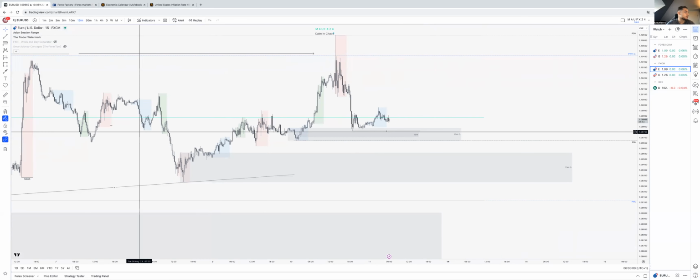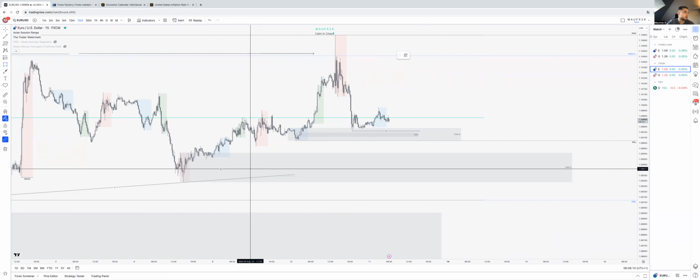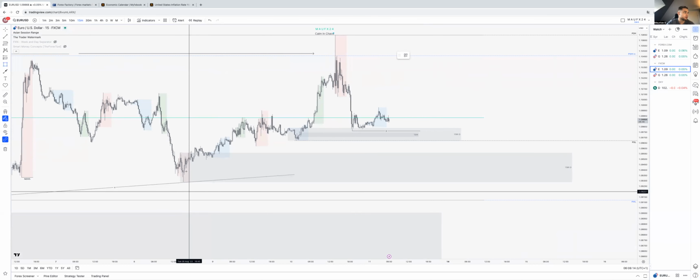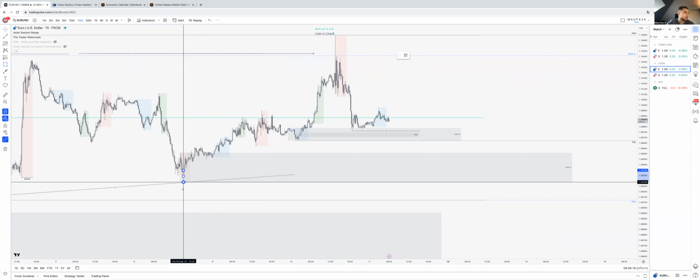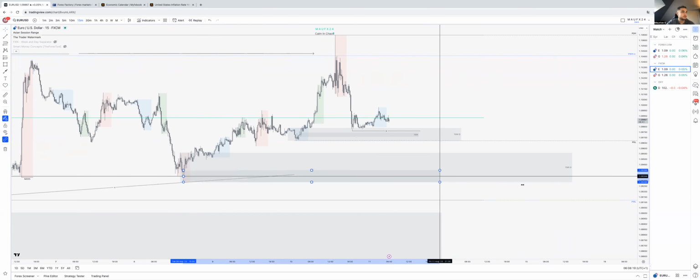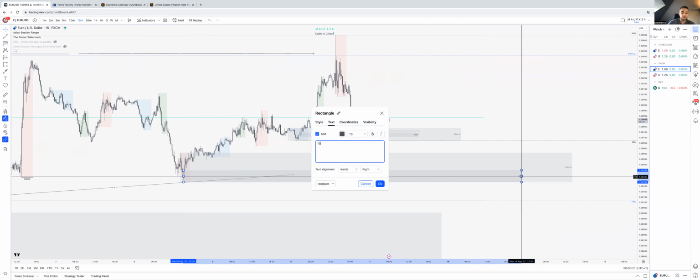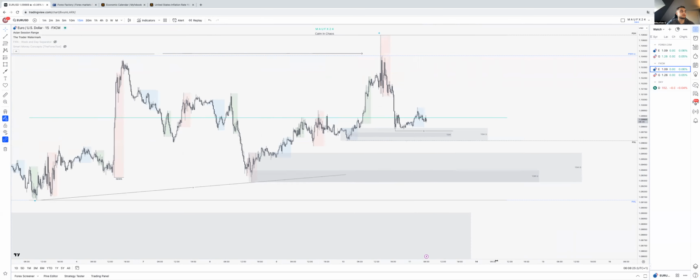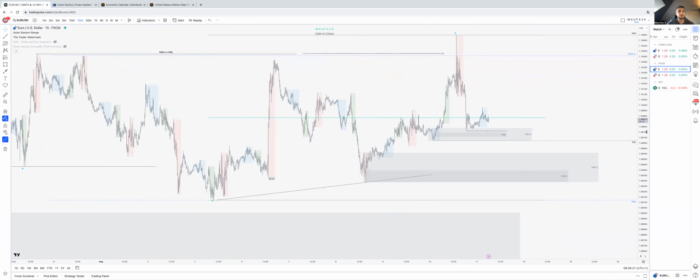And at the extremes, we got another 50-minute demand zone, sweep below here, high, low, bullish break. And inside that, we have a nice 50-minute POI as well at the extreme level, so almost at the bottom of that demand zone. And yeah, I'm looking for longs. There's no reason for me to look for shorts. Why not shorts?